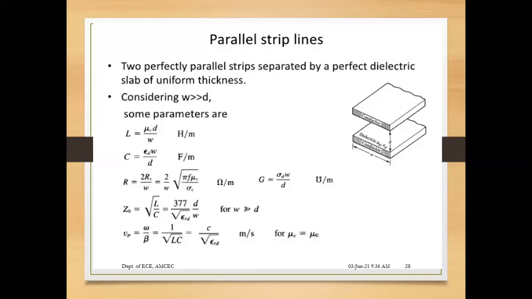Now here, if you consider the XYZ direction, you have to consider the electric field usually in the Y direction and magnetic field in the X direction. So if the width W is greater than the distance D, you have to write down the formulas for each of the equations. Again, derivation is only for characteristic impedance. Rest all equations are very important with respect to the problems. So the equation of inductance,